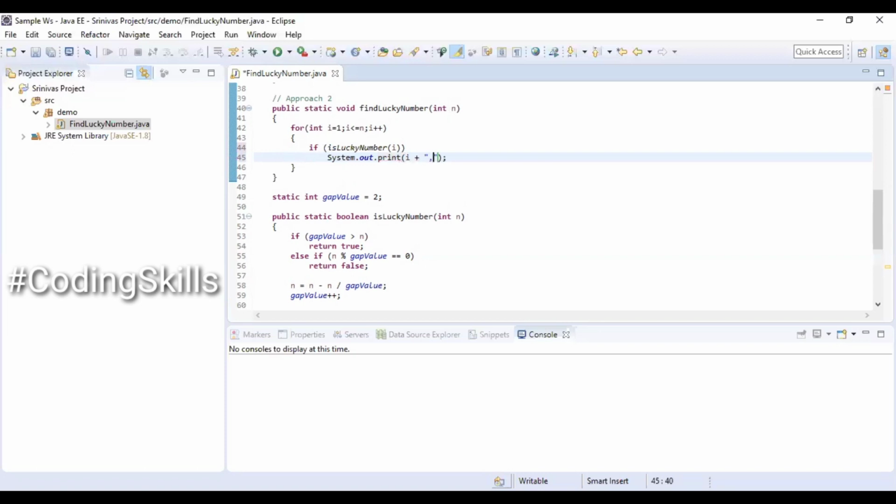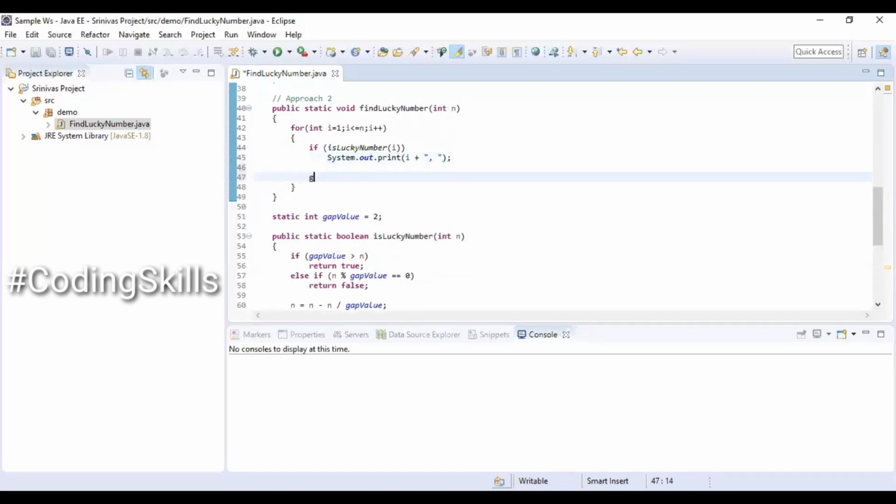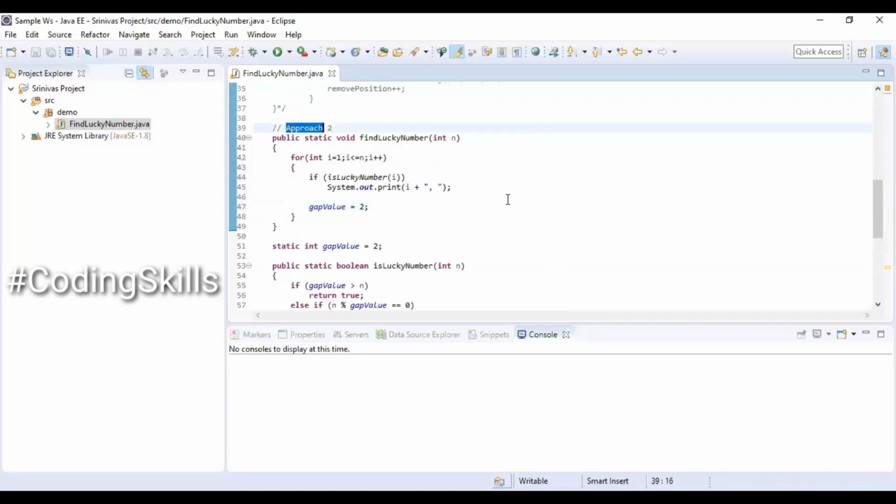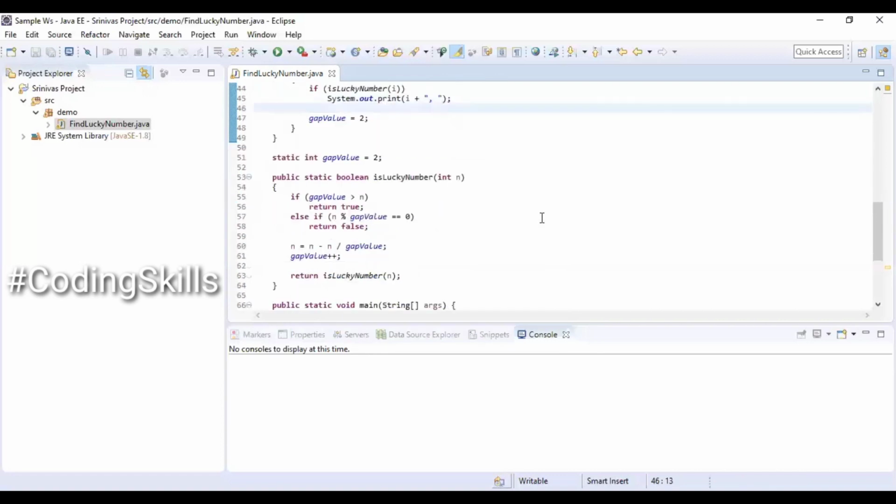Here I have removed the ln from the print statement so that it will print on the same line. I have also used a comma for better readability as part of formatting. GapValue equal to 2, we are reinitializing within the for loop. We are almost done with it.